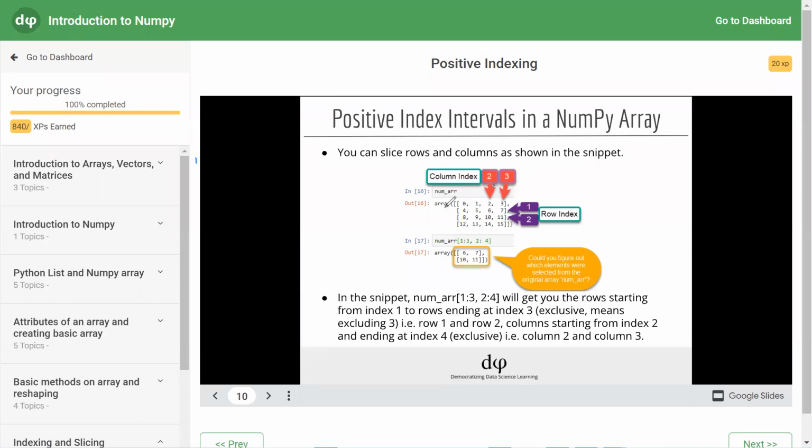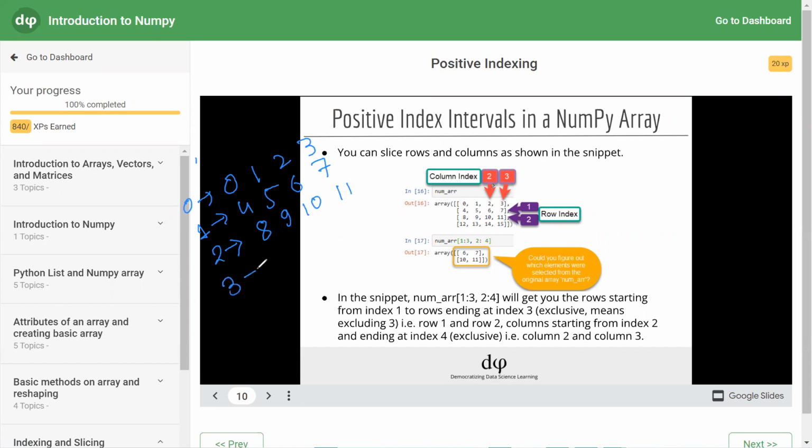You have a 4 by 4 matrix. So what is a 4 by 4 matrix? 0, 1, 2, 3 is the row at index 0. At index 1, the row is 4, 5, 6, 7. At index 2, the row is 8, 9, 10, 11.